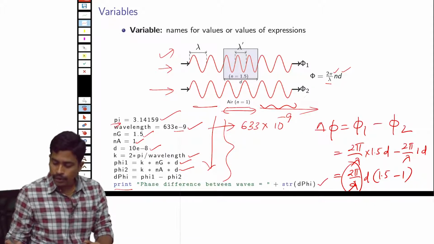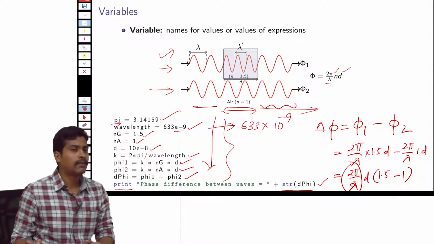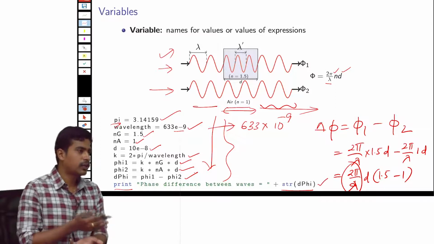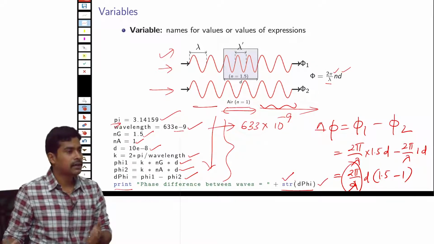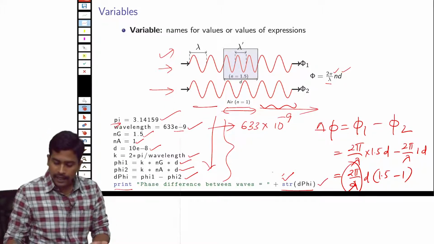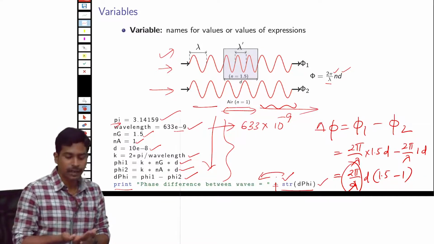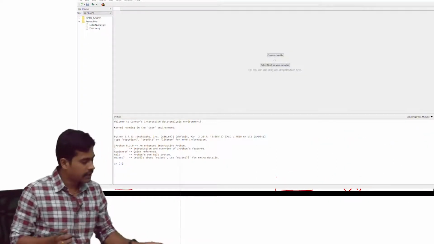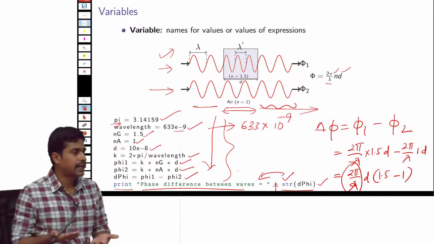Another thing you have to notice here is this statement. d phi is a float type of number, so in order to print it on the screen, we need to convert it into a string. That is what we are doing here. This is the keyword str. If you write str of some number, it will convert it into a string. It will add this to the previous text using this plus operator, and print it on the screen. A string is a series of characters. It's like a sentence, an English sentence.